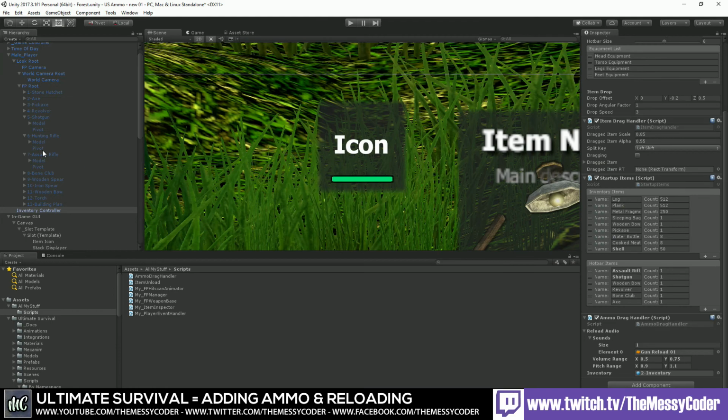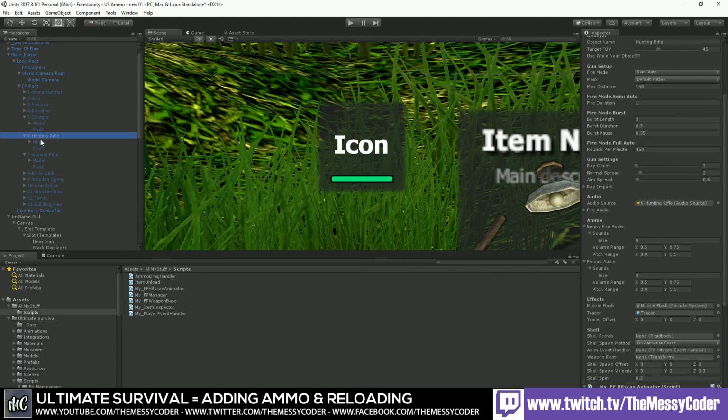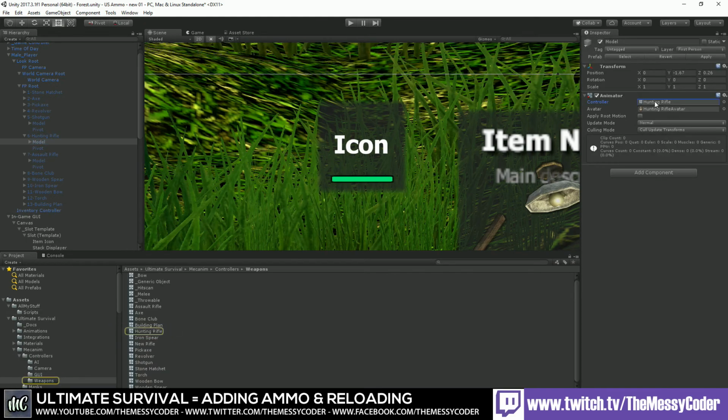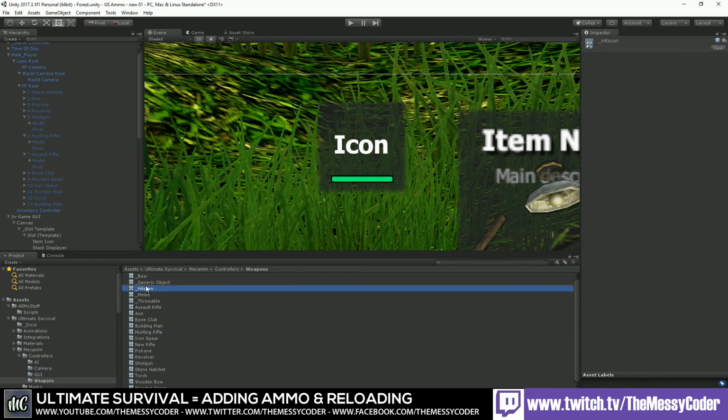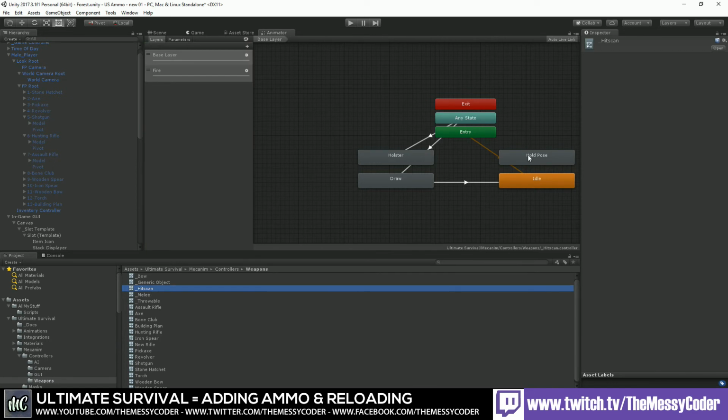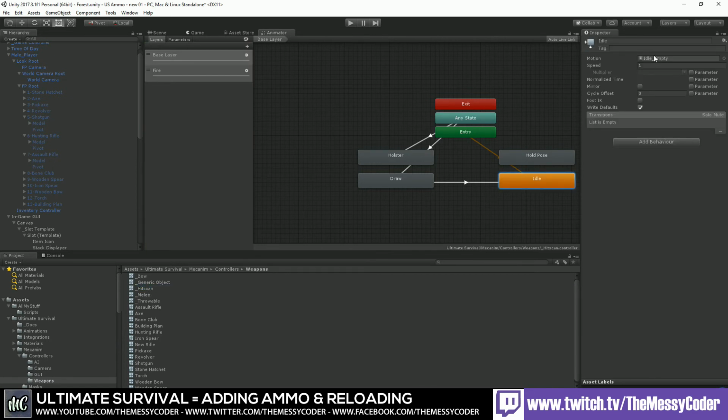So the first thing, we'll pop over to one of these. Click on the model, click on that hunting rifle, and then if you click on him, you'll see that it's got a hit scan. That's the one we want to edit. This little hit scan shenanigan. So open him up, and we've got here idle empty. I want to click on that. Now we've got draw, hold, pose, holster, idle empty, and we can grab one of these and just duplicate it,